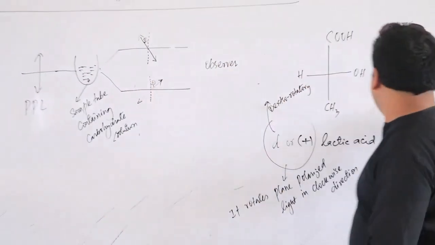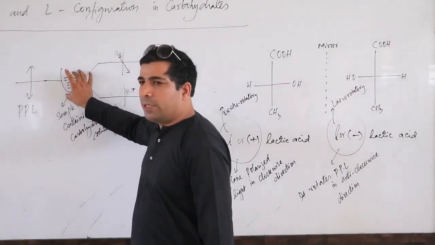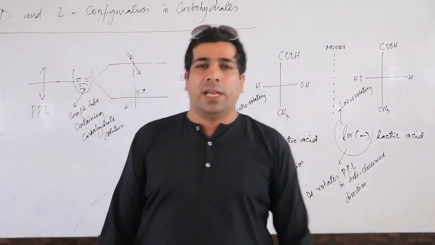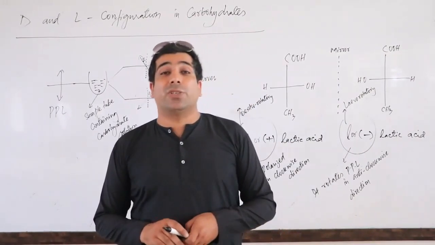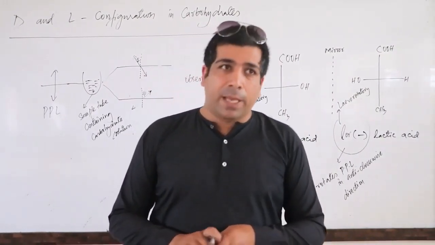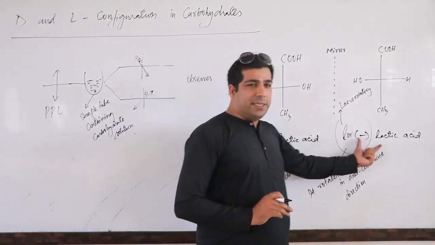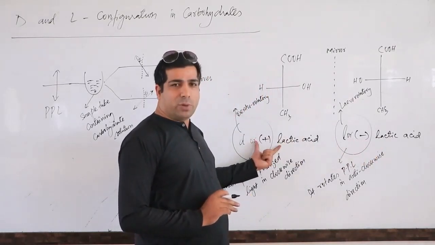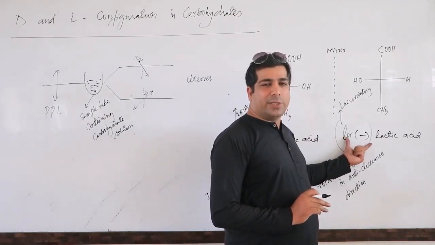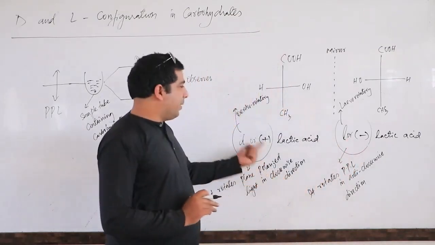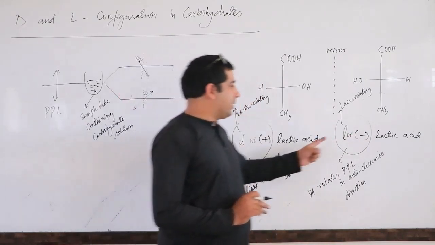If I place this mirror image, this one, here in this solution, then the light will be rotated anti-clockwise. That means it depends on the nature of a molecule. Okay? And now you have plus lactic acid and minus lactic acid. It rotates the plane polarized light in clockwise direction. It rotates the plane polarized light in anti-clockwise direction. It's represented by plus, it's represented by minus, it's represented by small d, it's represented by small l,